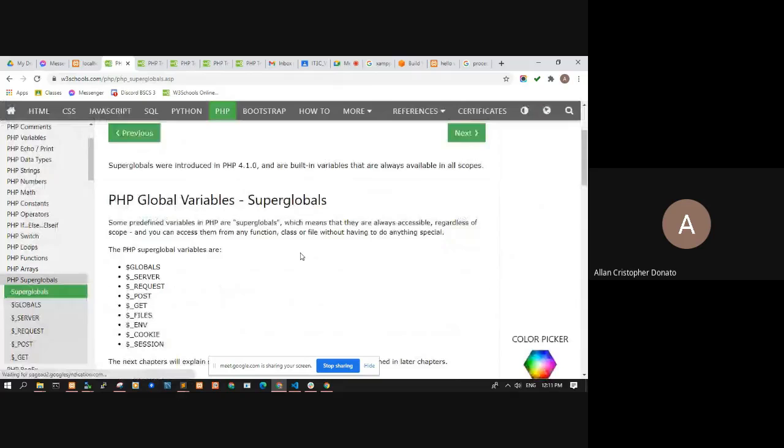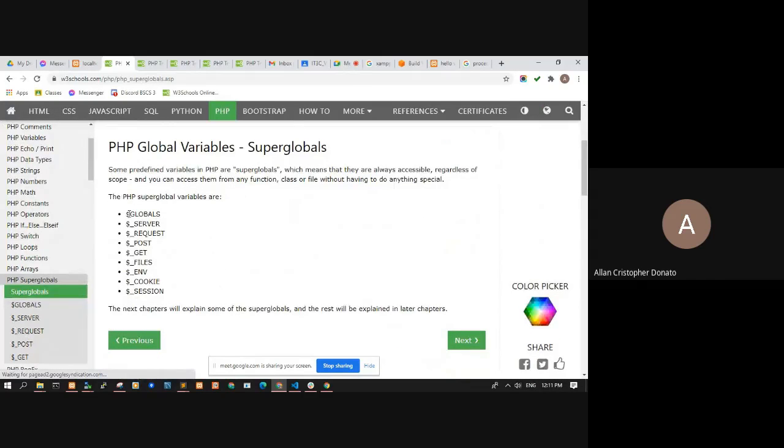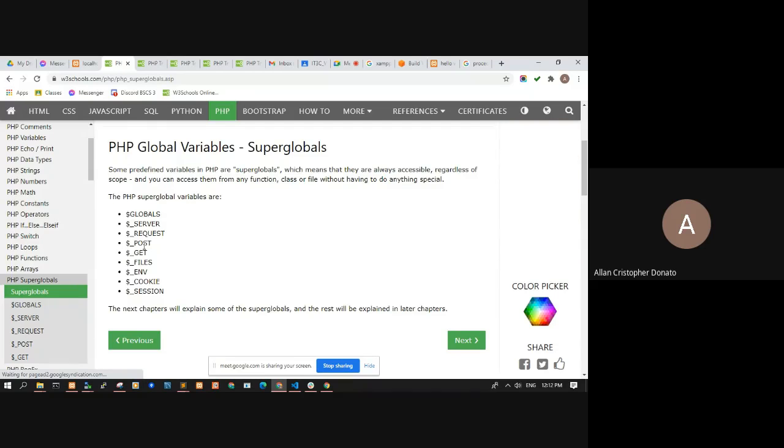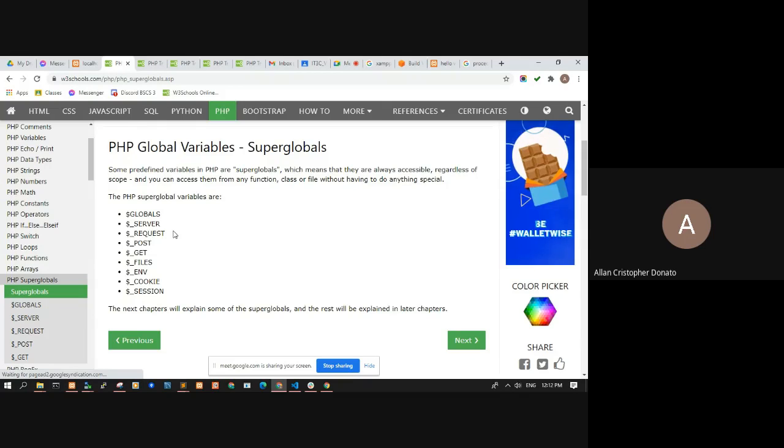Okay, and then the superglobal variables: this, variables, globals, server, request, post, get, files, environment, env, cookie, function. They are special variables that are reserved by PHP for its global variables. So you cannot just use them as variable names. They are reserved. Okay. So later we will discuss these different variables.